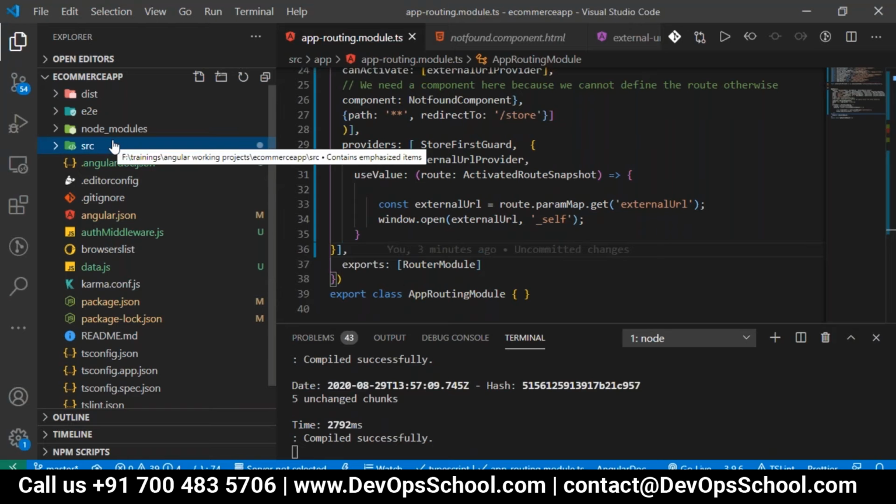One project will be created, and inside it sub projects will be created. Those sub projects we can run with different servers on different port numbers, using ng serve with your application name, and you can give the port number you want to configure. Okay. Got it.